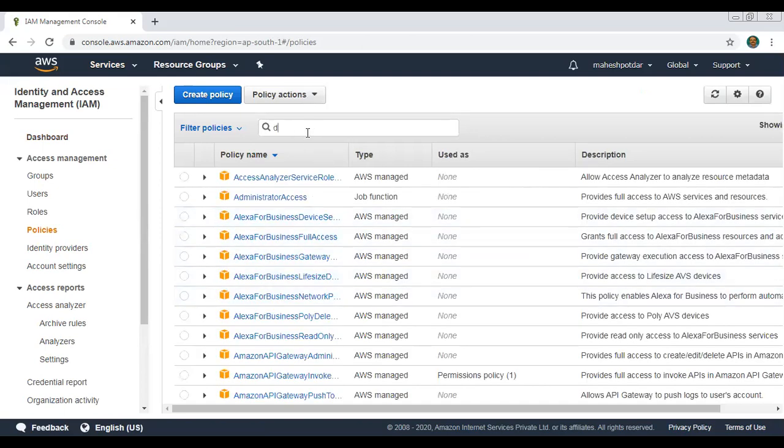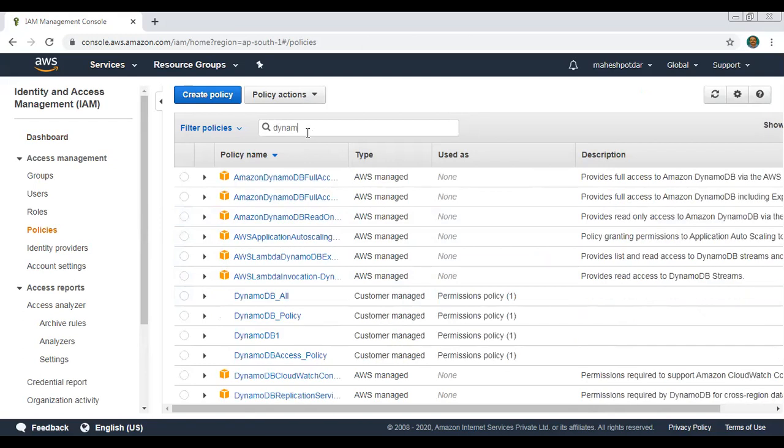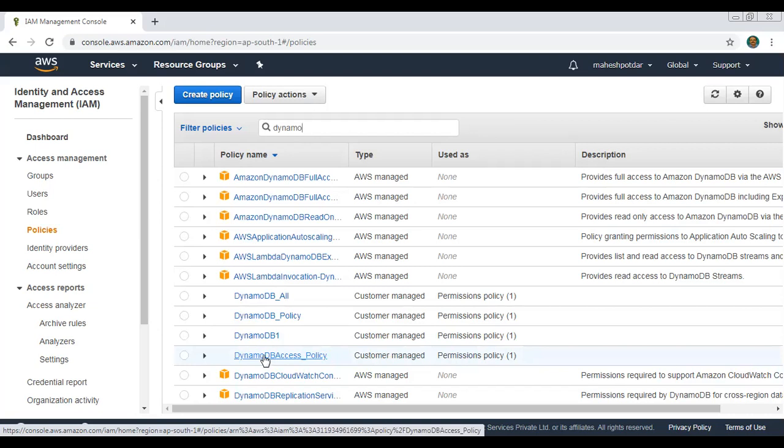I have created four policies related with DynamoDB. You can use any policy related with DynamoDB. I'm providing full access to the Lambda function to use this DynamoDB functionality, so the all-DynamoDB-access policy.